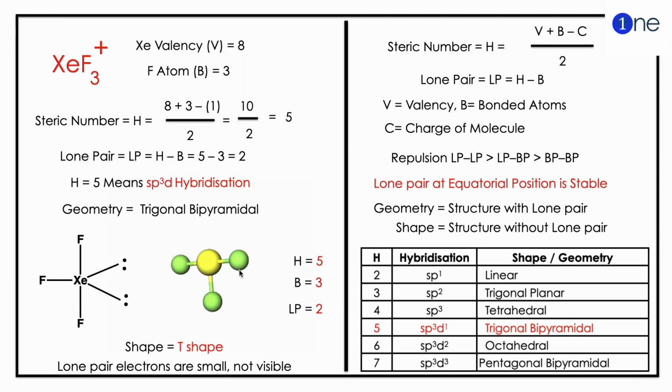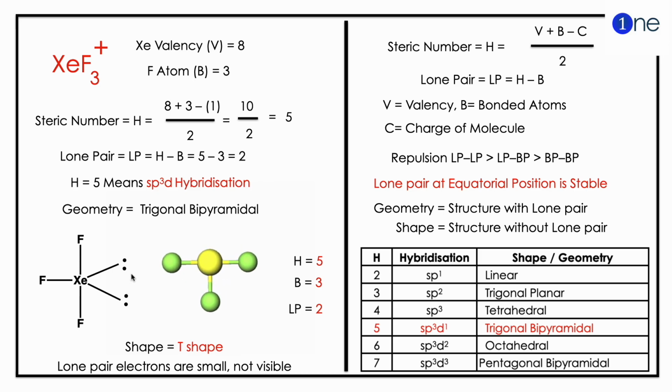To find the hybridization, you should know the steric number, which is H equals (V plus B minus C) whole divided by 2. Here V stands for valency. The xenon is an inert gas, so valency is 8. The bonded atom fluorine, which is 3. So totally you have 8 plus 3 minus 1. So if you substitute in the formula, H equals (8 plus 3 minus 1) whole divided by 2, which